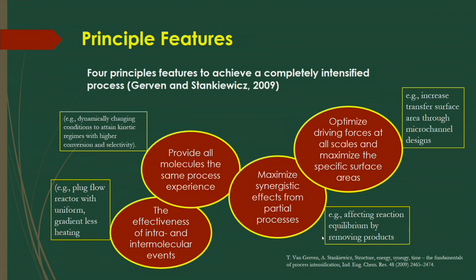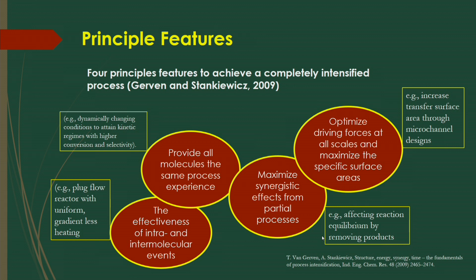So, how this equilibrium of the reactions is affected by the variables, and even if you are just removing the products, that also will affect the equilibrium condition of the reactions. And of course, to optimize those processes, you have to operate them at suitable operating conditions. And if it is an interfacial phenomena reaction, then you have to increase the transfer surface area through a specially designed conduit or reactor.